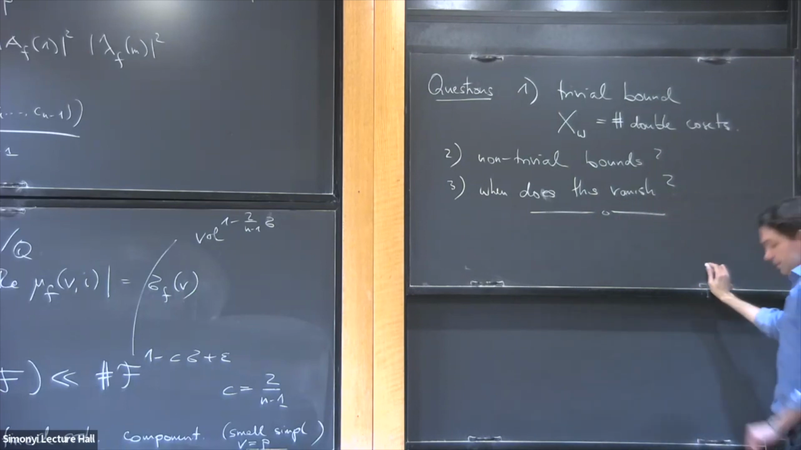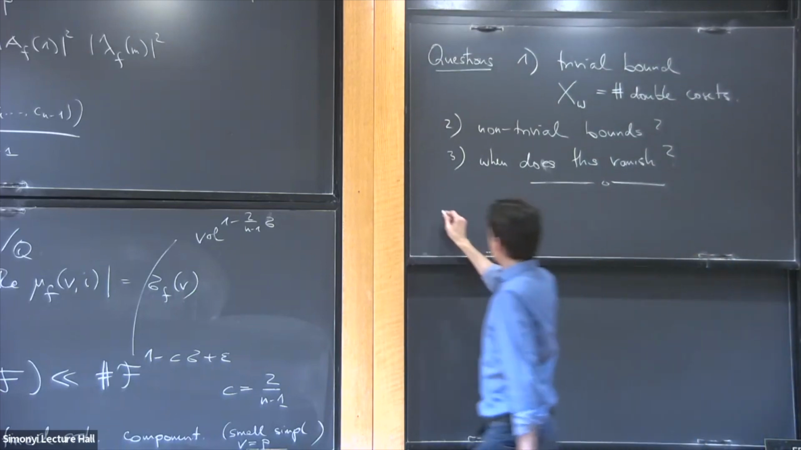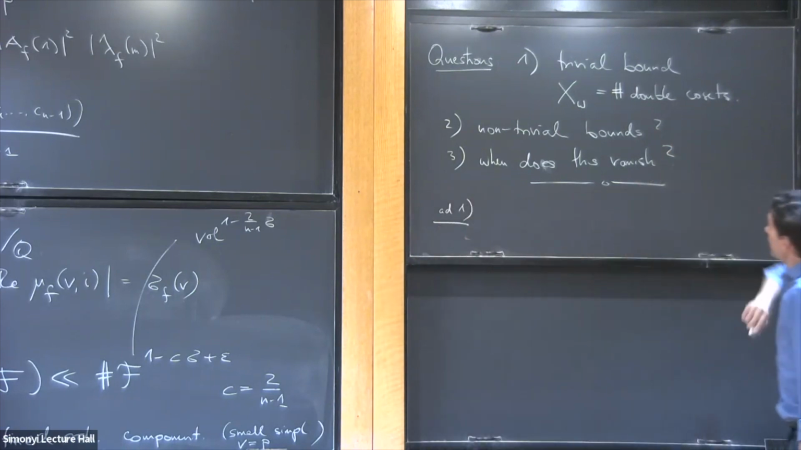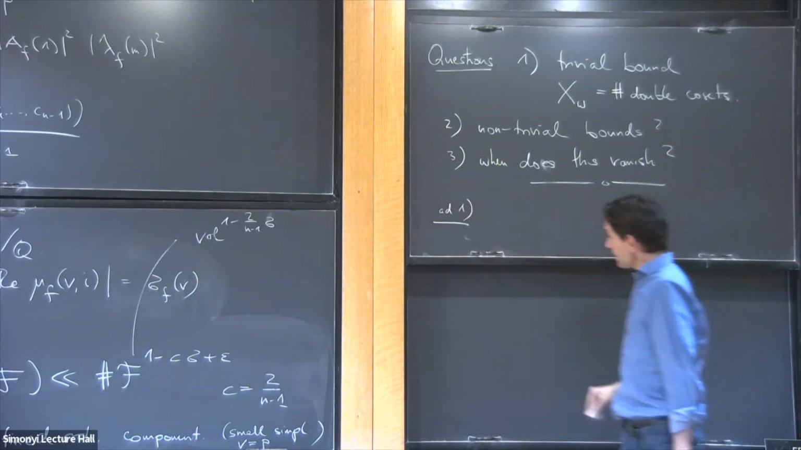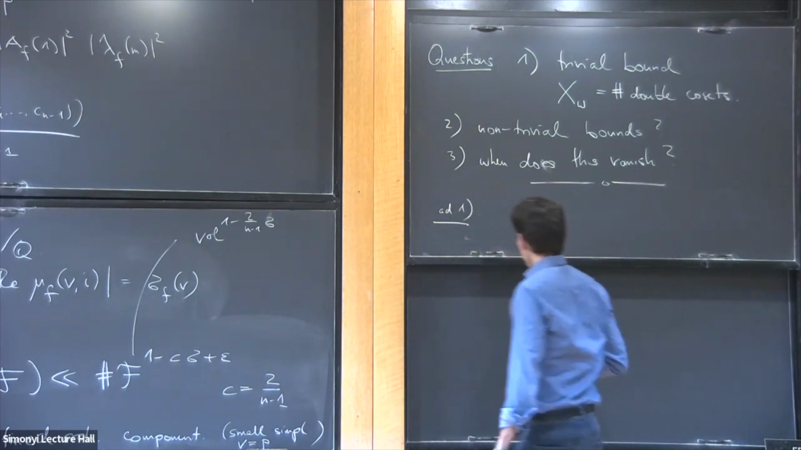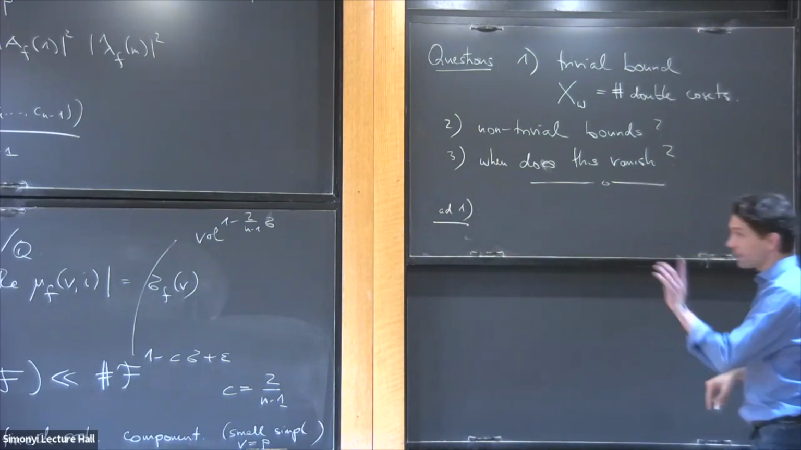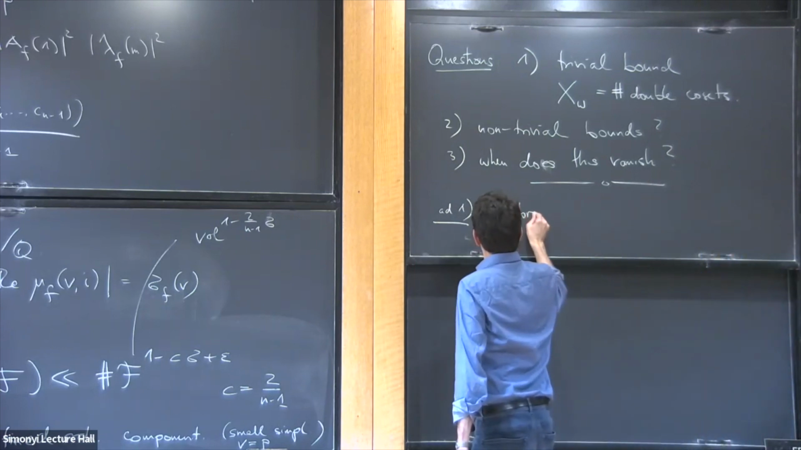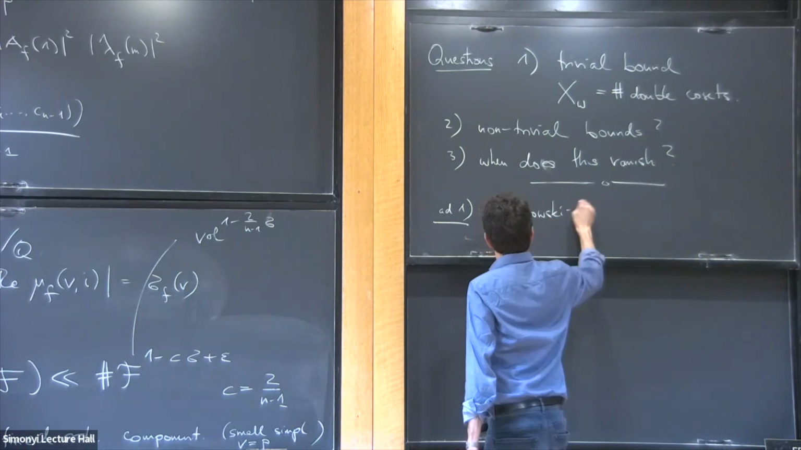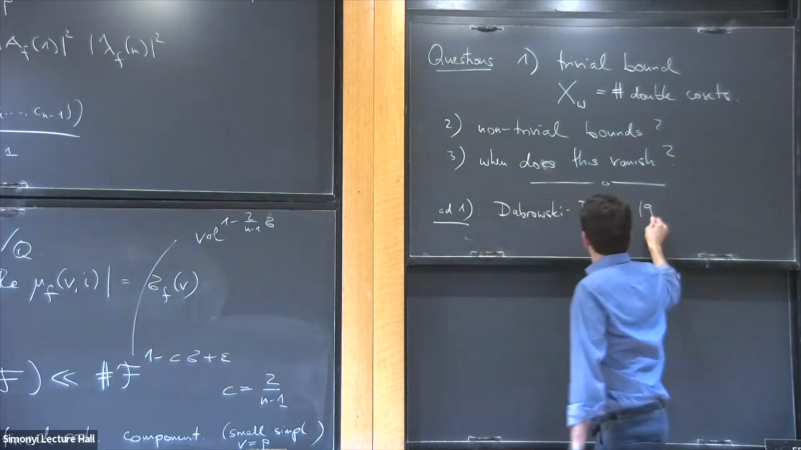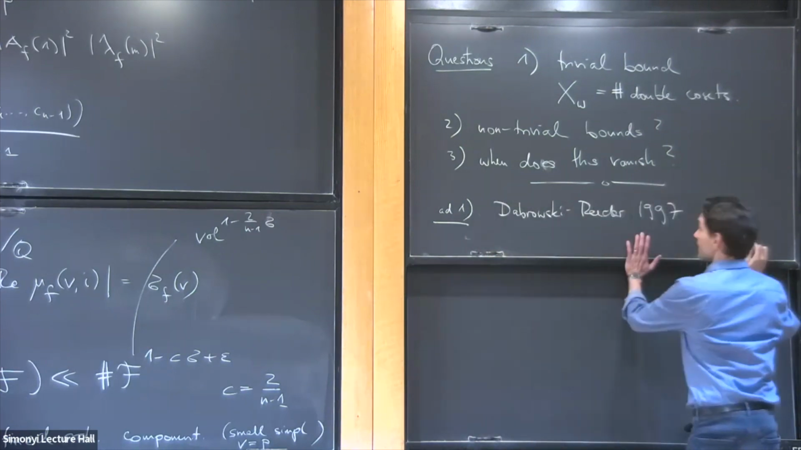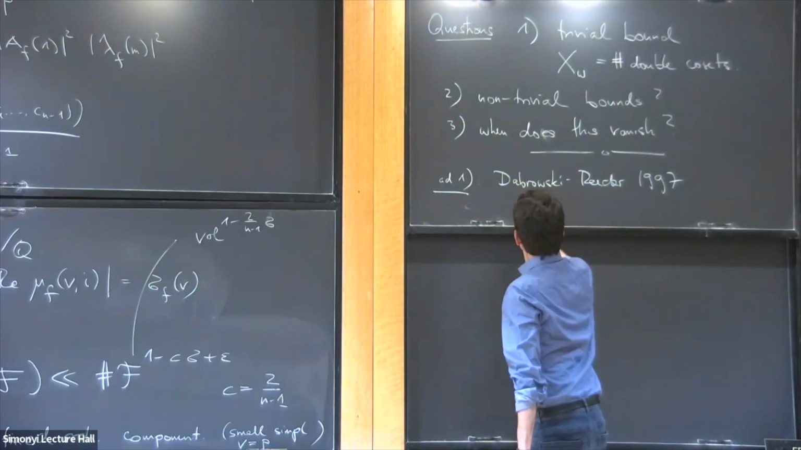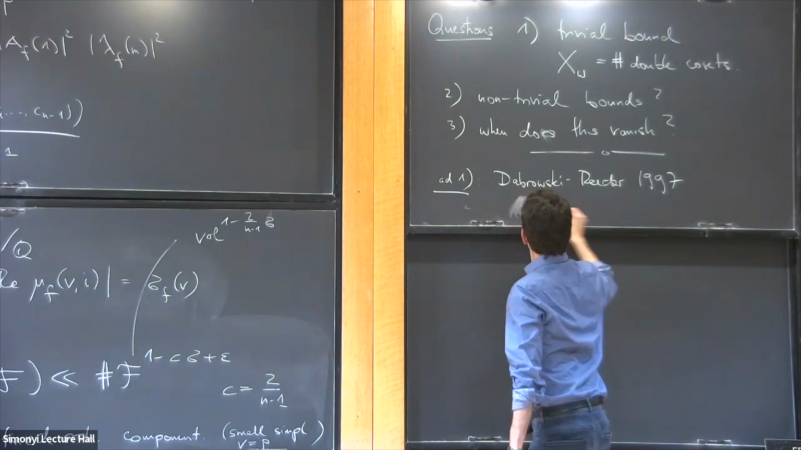All right. So number one, the trivial bound is actually a theorem, but it's a hard theorem. It's not easy. It's a hard theorem of Dabrowski and Reeder from 1997. And they prove that X_W